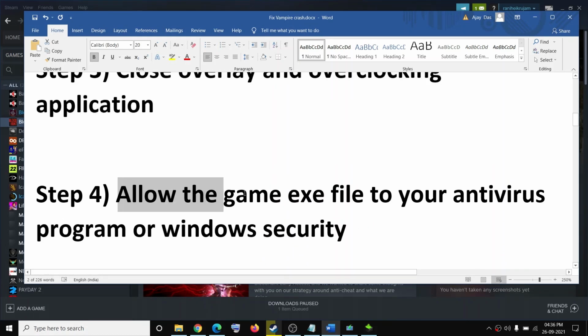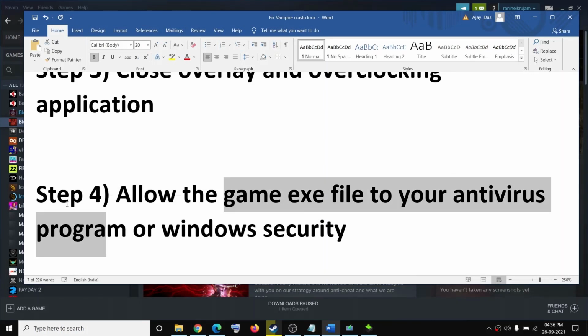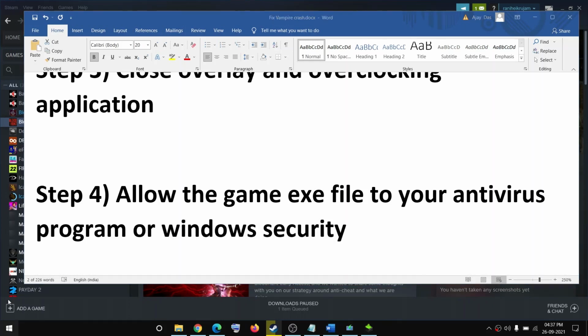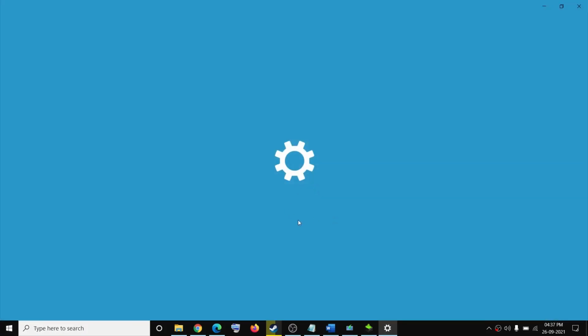Now allow the game file through your antivirus program. So make sure that you allow your game.exe file through your antivirus program. Now this has worked for many users, so it might work for you. If you have any third-party antivirus, just allow the game files. And in case you're using Windows Security, then go to the start menu, then click on settings, go to update and security,